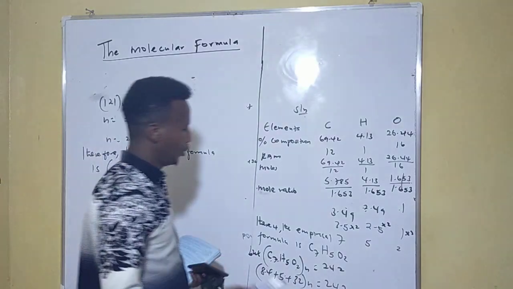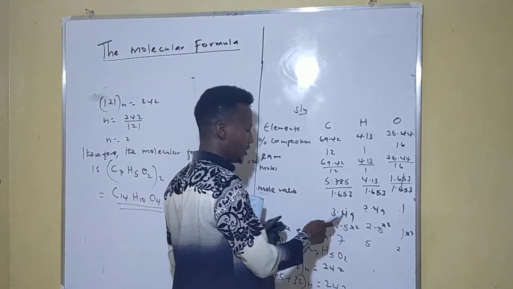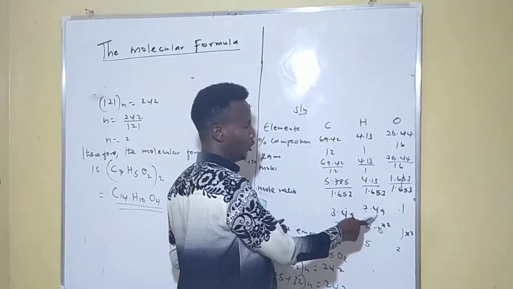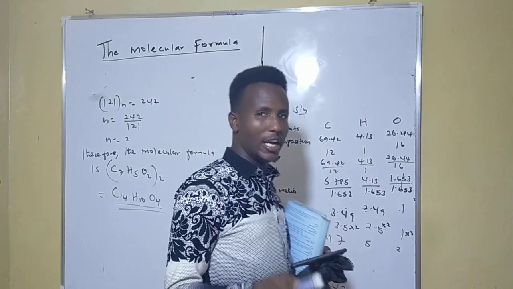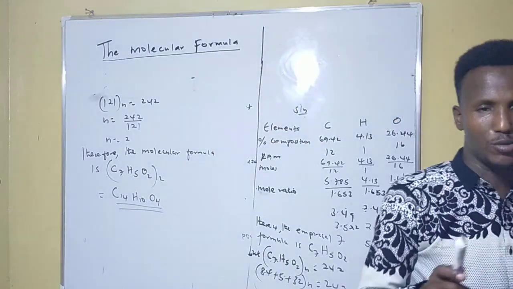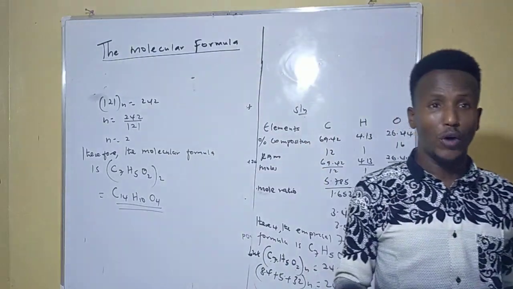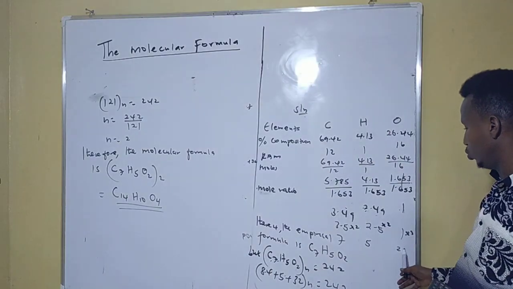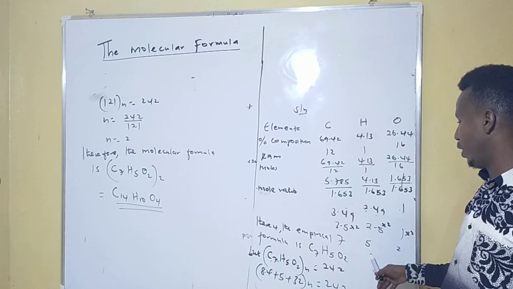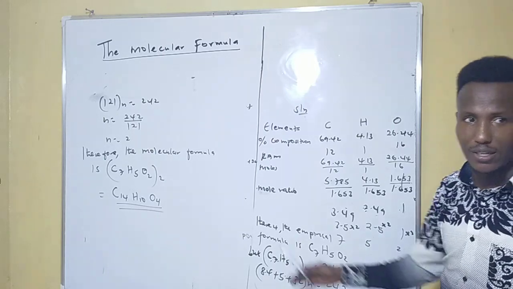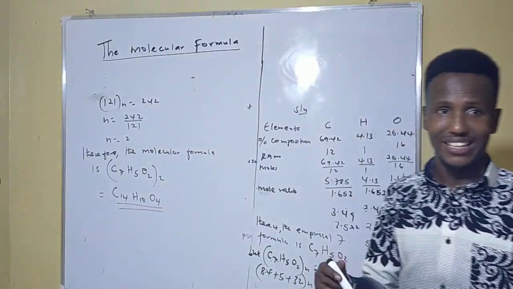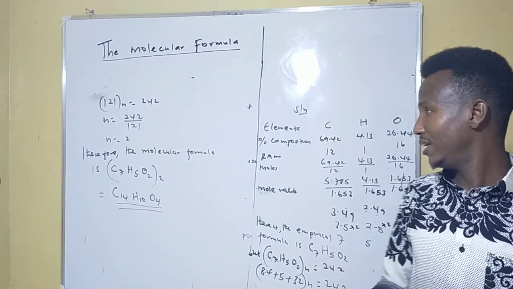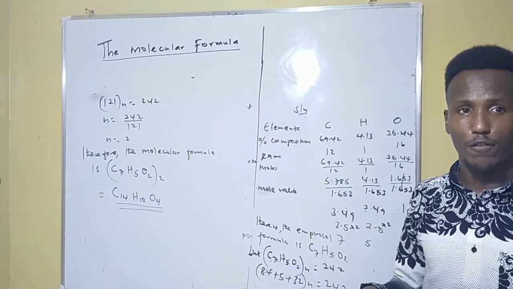So guys, get this point here. The moment you have 3.5, 2.5, in our empirical formula of our previous class we said that if we have 0.5, we multiply by 2 throughout. That's why we are multiplying this one by 2, so we'll have 2. This one 2.5 times 2 is 5. 3.5 times 2 is 7. And that is where we had a slight error. Sorry, I really apologize. That's the end of the molecular formula, guys.